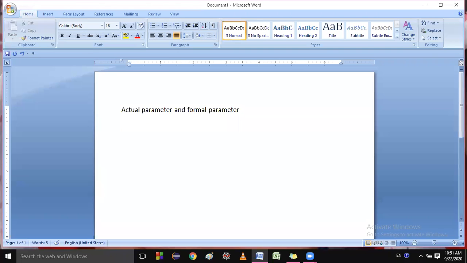When I was explaining the methods, I explained many times actual parameter and formal parameter. Anybody knows? Saurabh Yadav? Yes, sir, the parameters that appear in the method invocation are called actual parameters, and the parameters that are used in method definition are called formal parameters. Absolutely correct. Saurabh, how many times did I explain this one? Sir, many times.